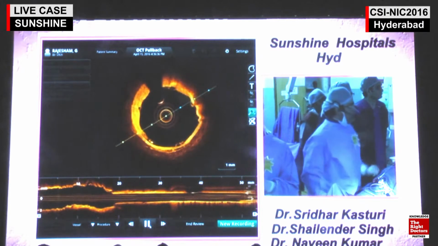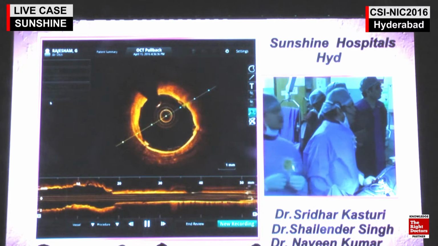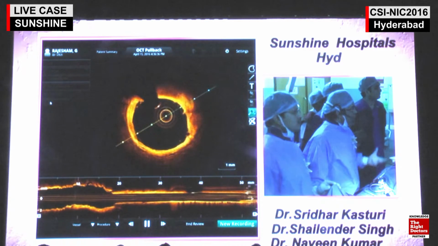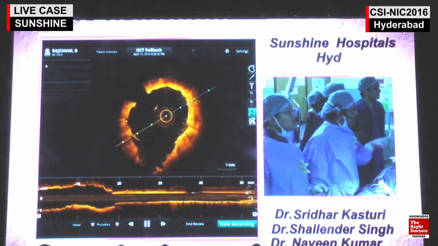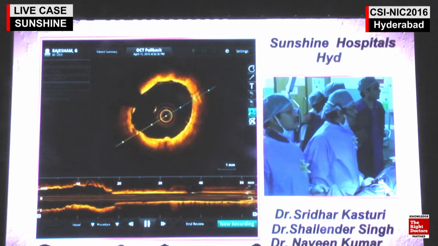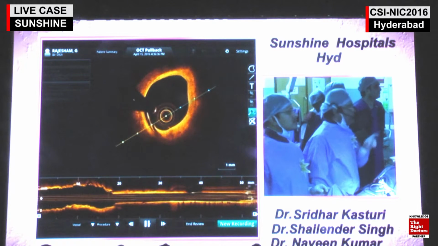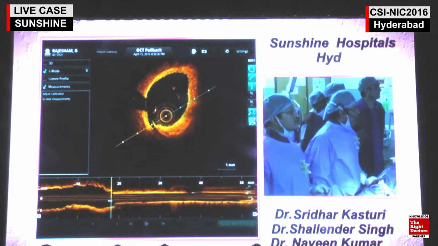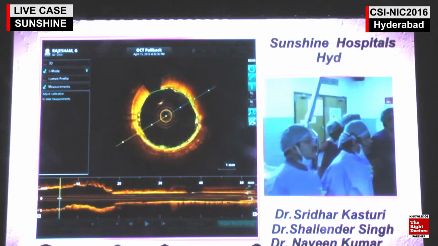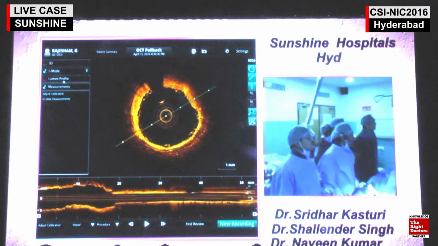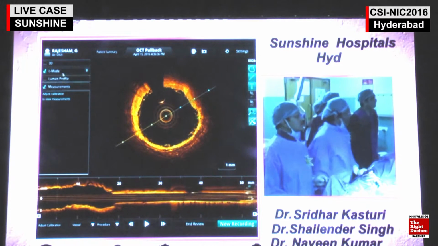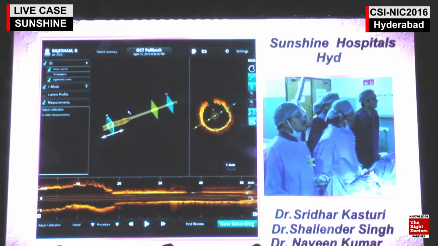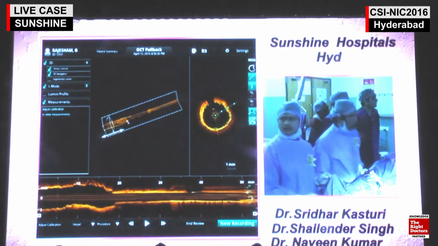You can see the OCT nicely apposed and really nicely expanded. This is a circular shape. That is a branch, and the diagonal branch is there. There is a small edge dissection. See, fully apposed, circular. These quadrangular boxes are BVS struts. Take one diameter, then you can show the luminal area.